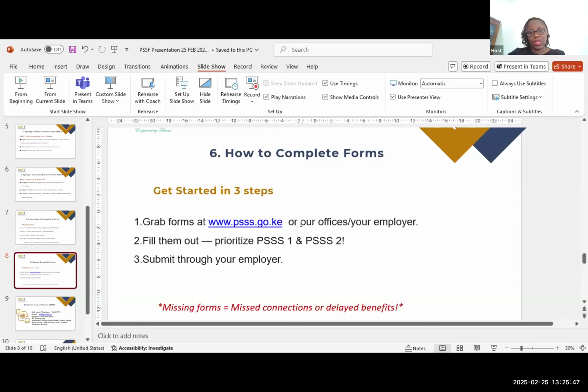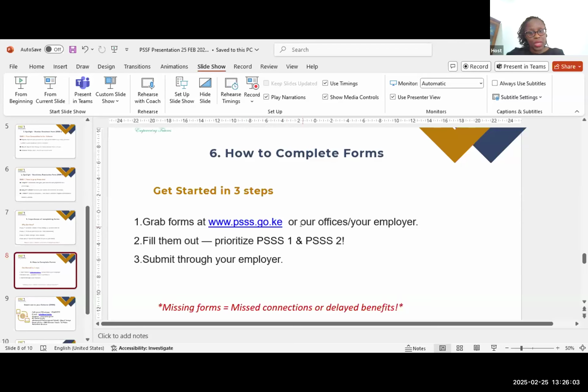So you do not need to go to the head office or to the HR office. You can simply go onto the website and download these forms, and I will show you how to do that. You complete these forms, the ones that we are looking at currently, because we are talking about nominating your beneficiaries,